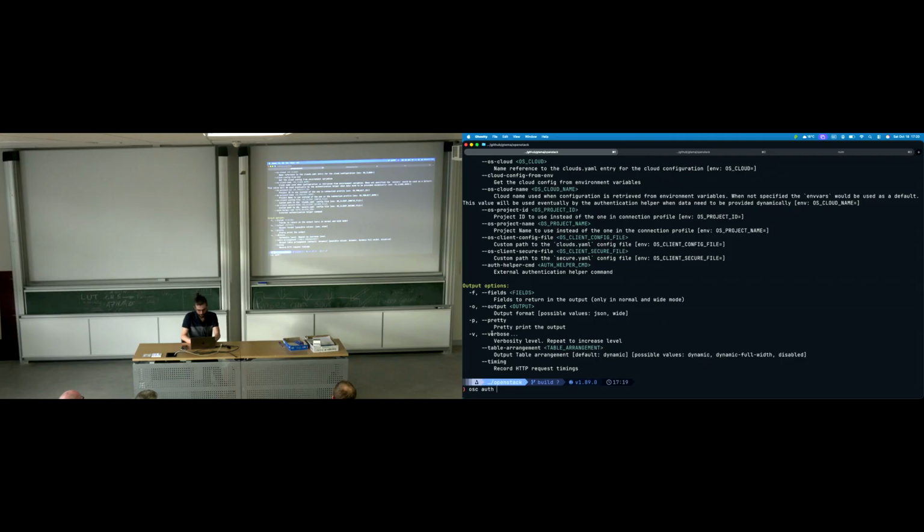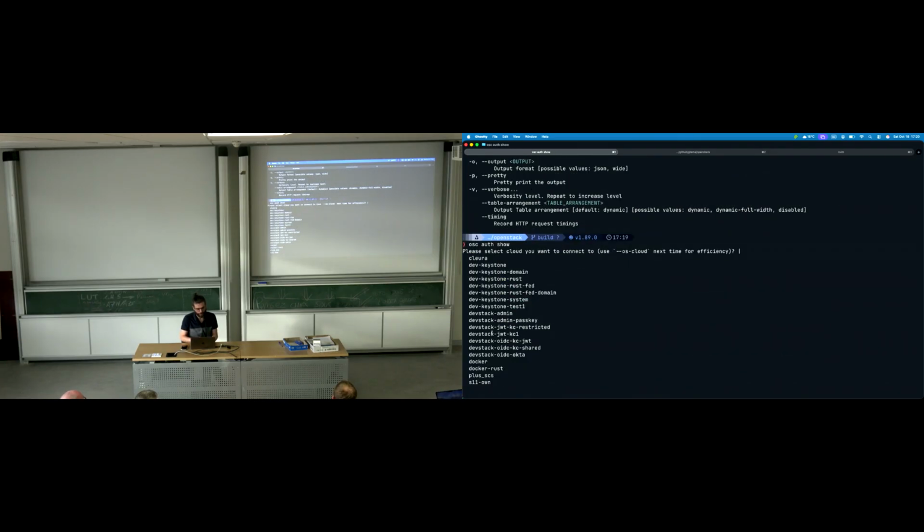So if we do OSC auth show, oops, we have forgotten to specify the cloud. I don't remember who exactly, but I think Infomaniak implemented some sort of fuzzy search as a plugin for the Python OpenStack client, but I have it here as well. So technically we are just selecting which cloud we are willing to talk to. Real fuzzy searching from your current configuration. We have selected